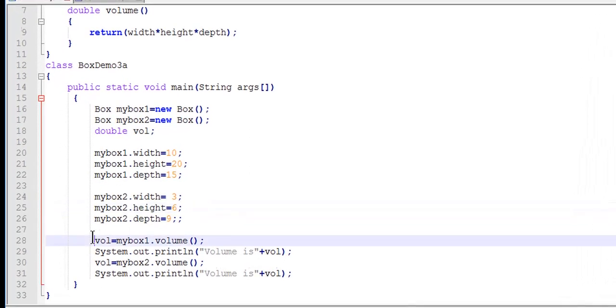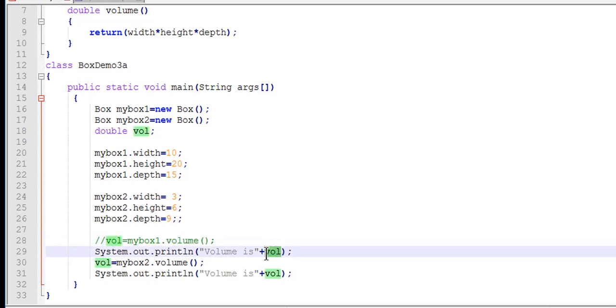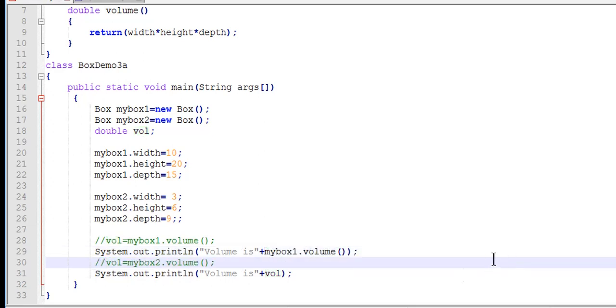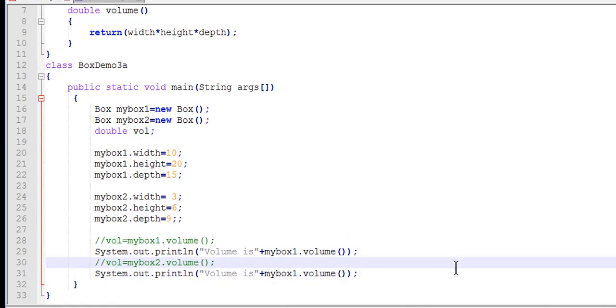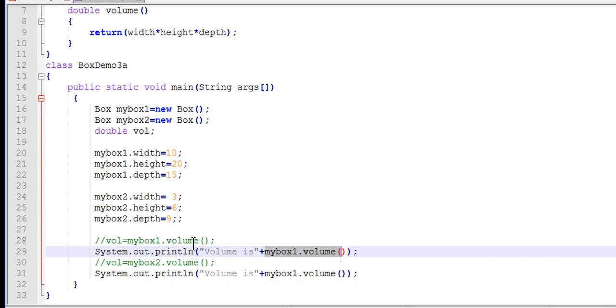So I'll comment this line. Instead of giving like this, we can make changes like this, mybox1.volume. So instead of calling the method volume and storing in a variable and then displaying, we can directly give the method calling portion in the system.out.println statement itself.